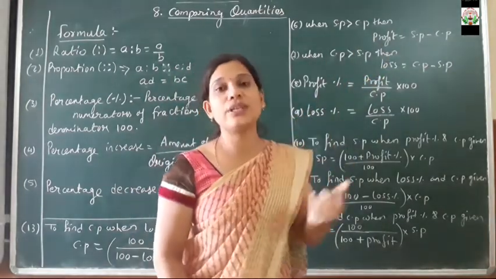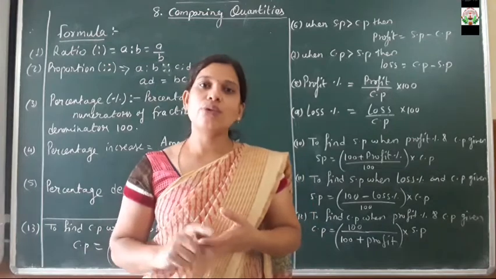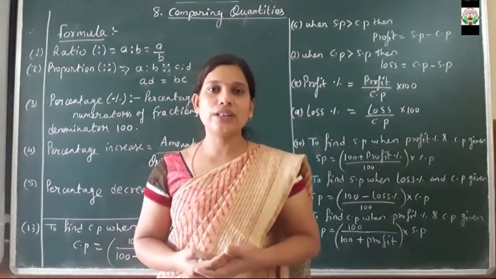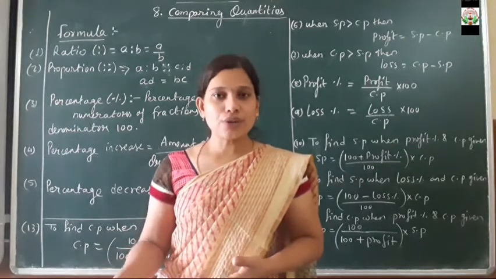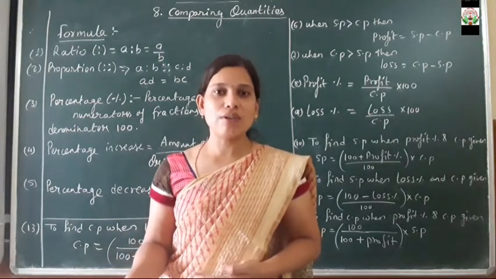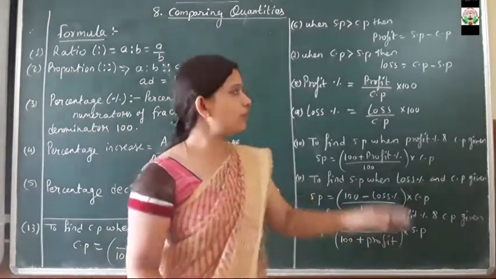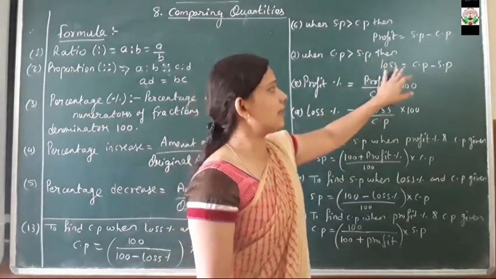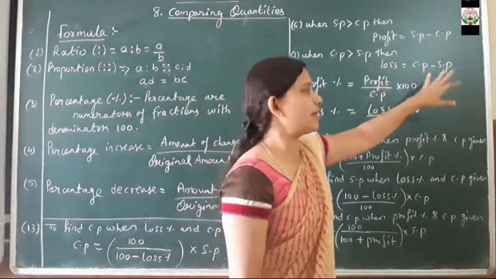कब ऐसा प्रॉफिट होता है? जब आपका सेलिंग प्राइस जो है वो कॉस्ट प्राइस से बड़ा होता है. लॉस कब होता है? जब आपने 500 का बुक खरीदा और उसको सेकेंड हैंड में 400 में बुक बेचा, तो आपको लॉस हुआ, वहाँ पर 100 रुपीज़ का लॉस हुआ ना. So at that time, when cost price is greater than selling price, we are having the loss, that is CP minus SP.